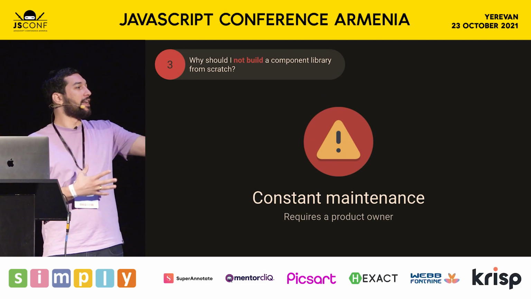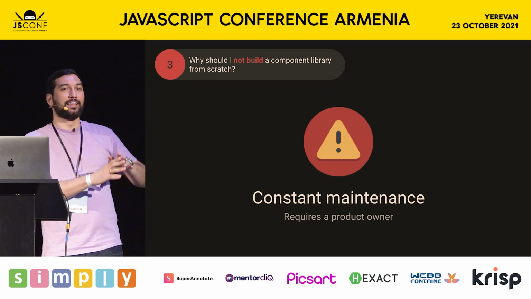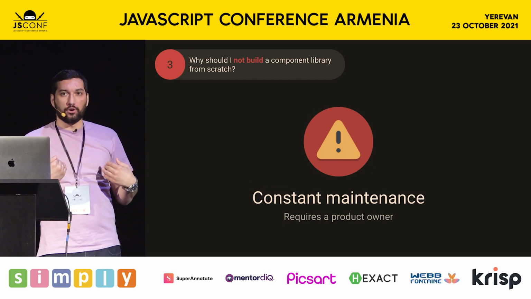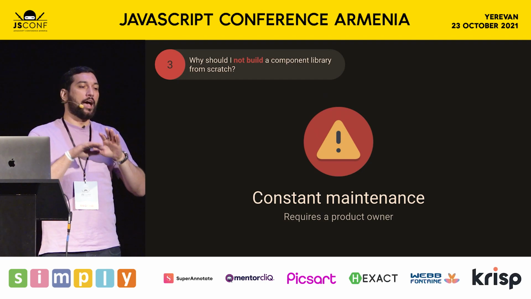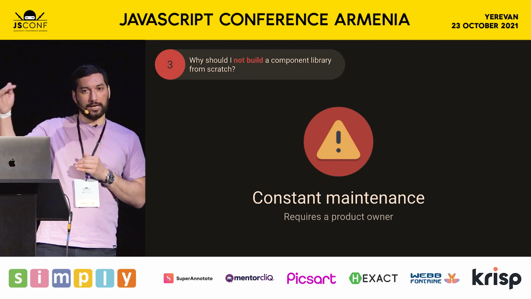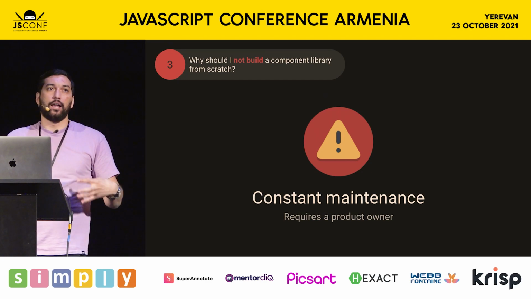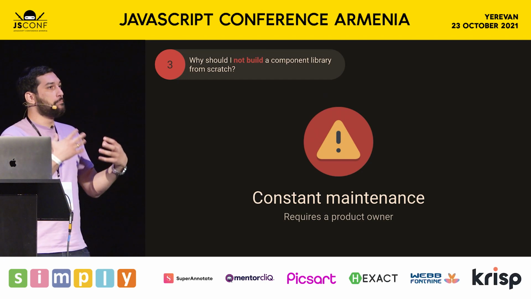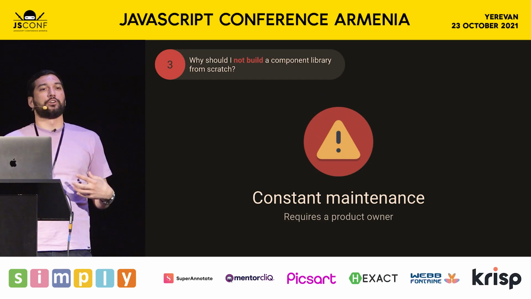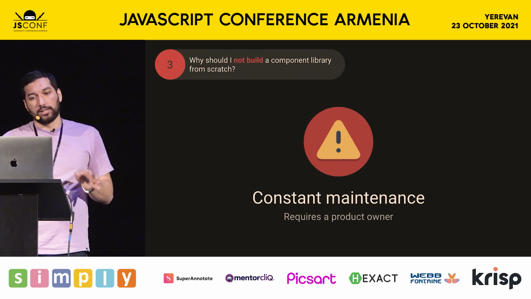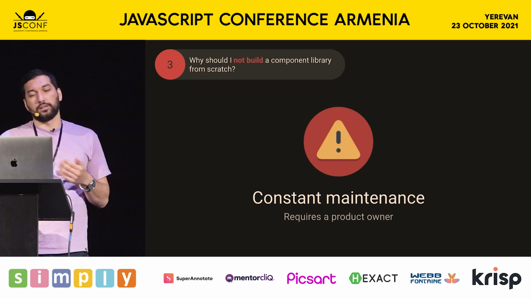So you need a product owner, you need a backlog, sprints to maintain that component library, and make sure that the incentives of your company align with the incentives of this particular product, the component library. So it's a beast on its own, and unless you're comfortable with taking all the risks,